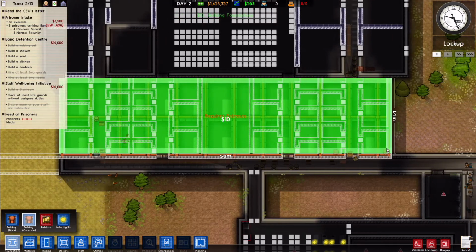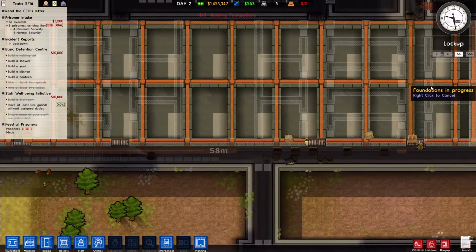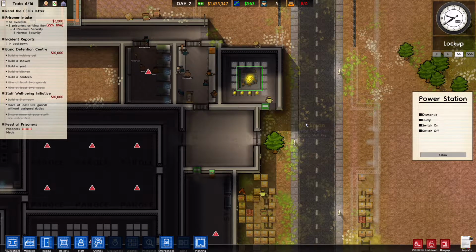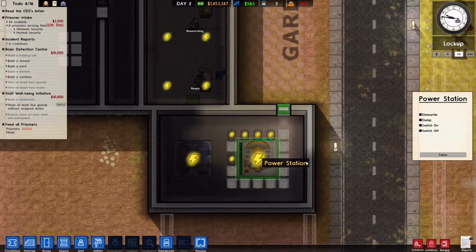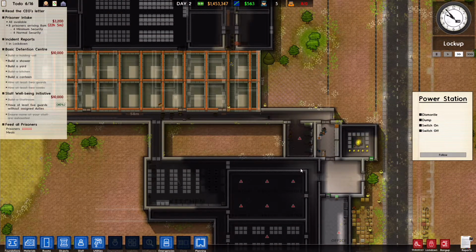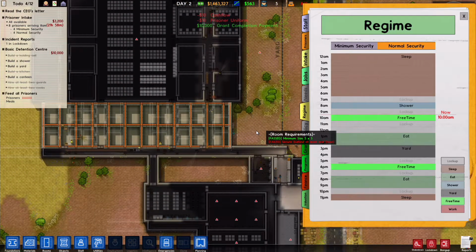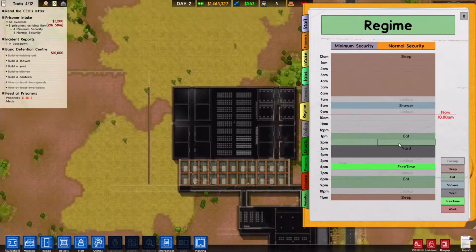Building concrete. Let's switch that on. We're gonna switch this on. And yeah, at this point we might as well... I don't want a lockdown. But I can't have prisoners wandering around because the prison is not secure at the moment. So, for the moment, everyone's going into lockdown until I can get things...